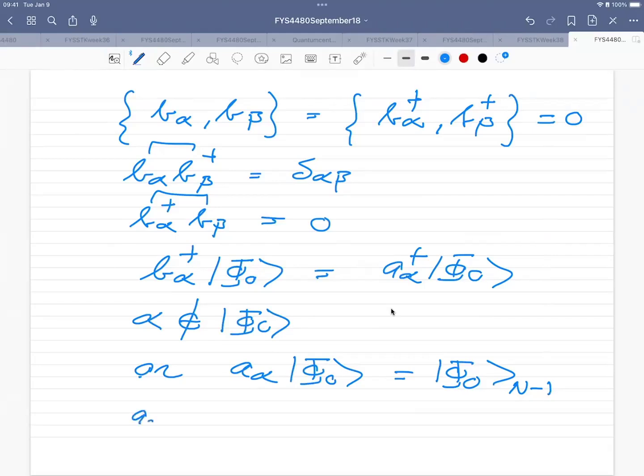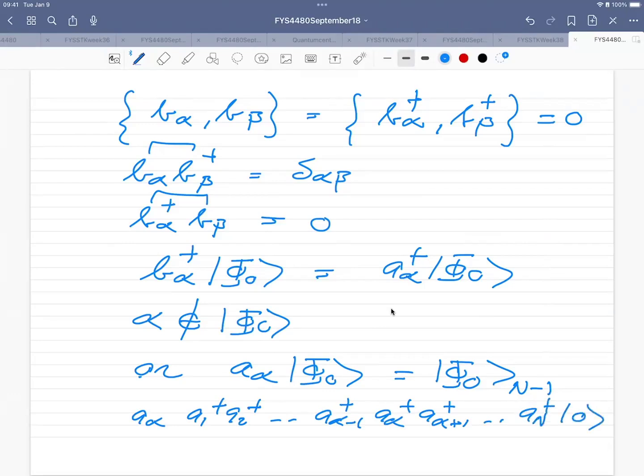Because this will be A alpha acting on A1 dagger, A2 dagger, and then in here somewhere, alpha minus 1 dagger, there is an A alpha dagger, and then I have an A alpha plus 1, up to AN dagger